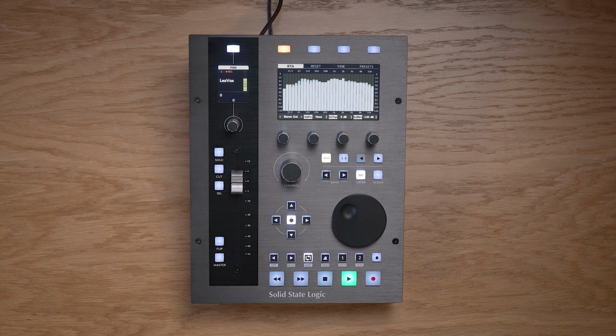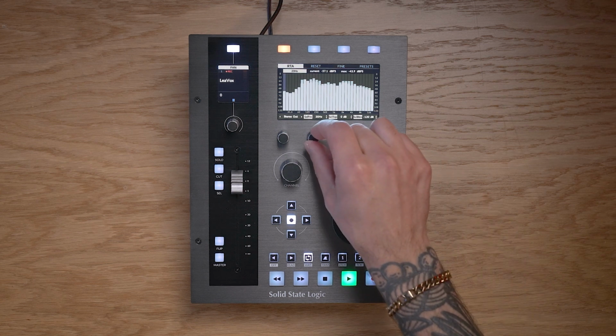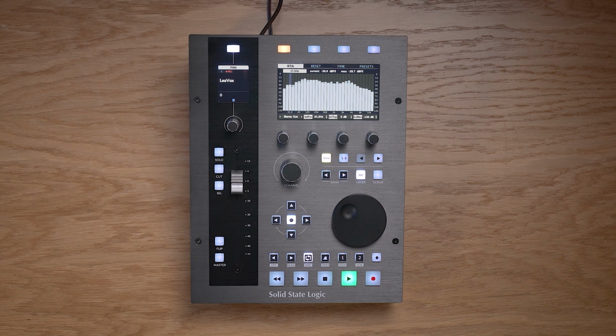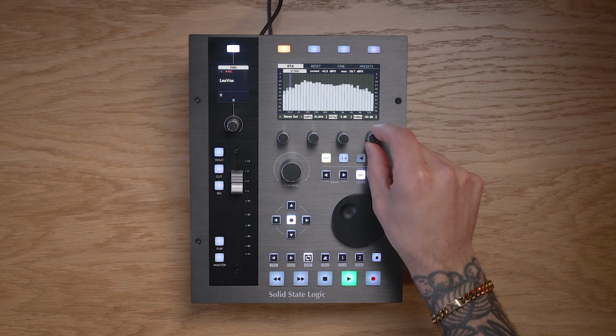The final view from the meter plugin is the real-time analyzer, or RTA. This view gives us a 31-band real-time analyzer graphic readout displaying the source material's frequency response between 20 Hz and 20 kHz. Via the second VPOT, we can interrogate each band independently to see real-time level information displayed at the top of the graph, as well as adjusting the scale top and bottom parameters via VPOTs 3 and 4 to narrow down our viewpoints